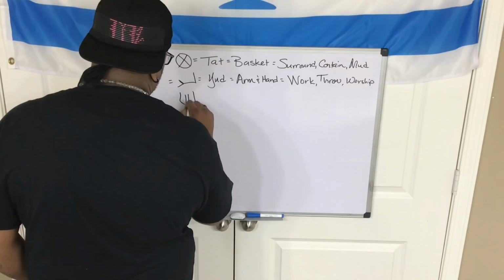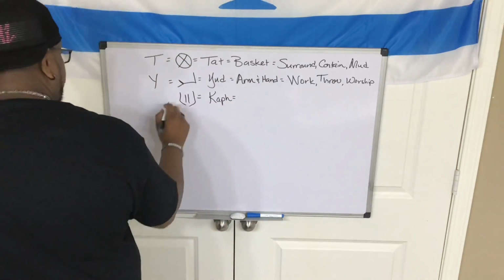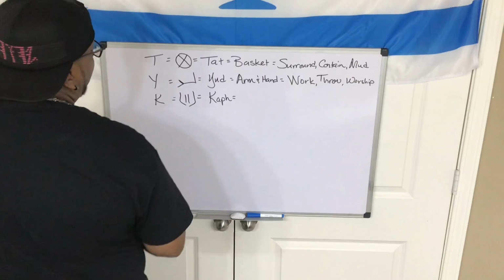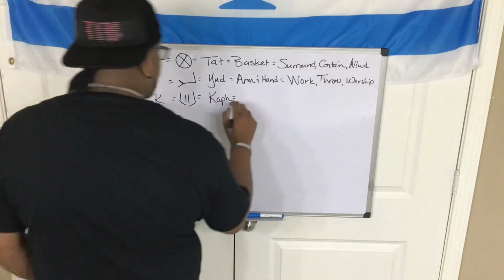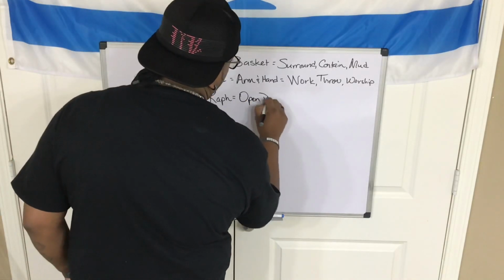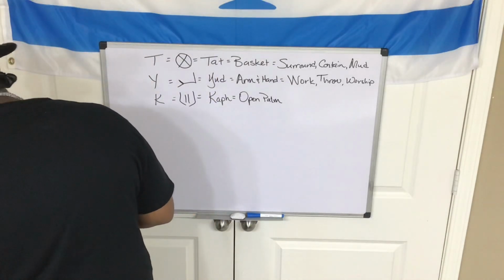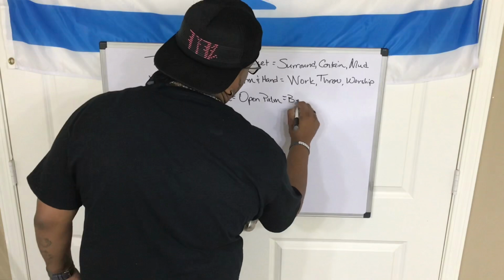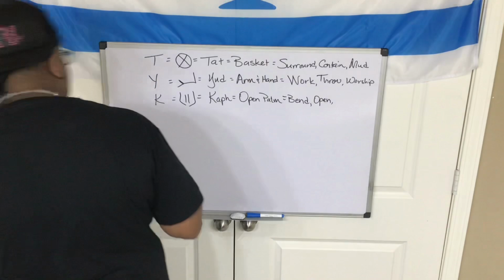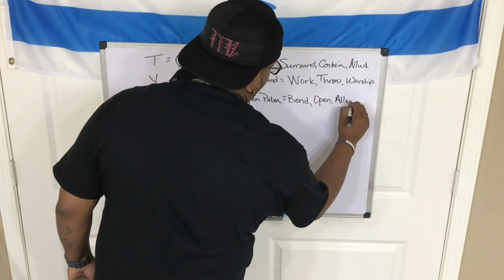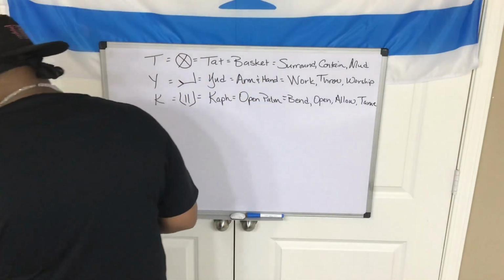This is the next one. It's the cop. It represents a K. Open palm. It means to bend, to open, to allow, and to tame. The next one